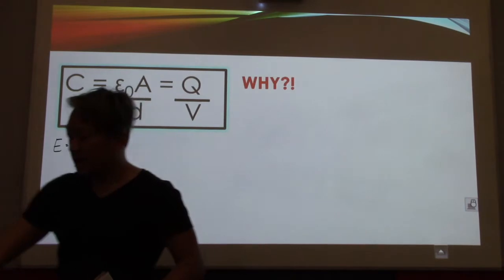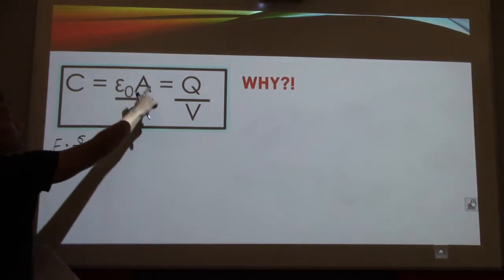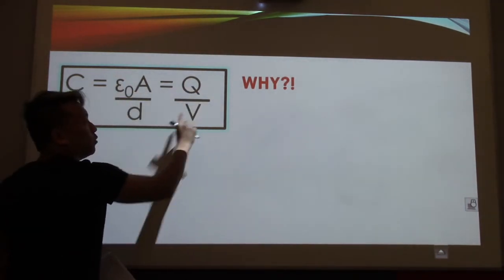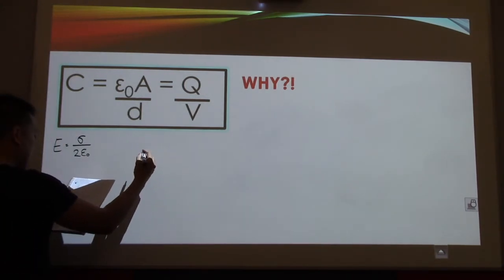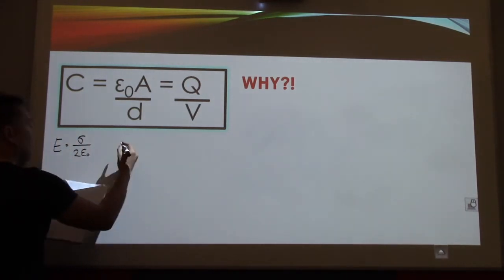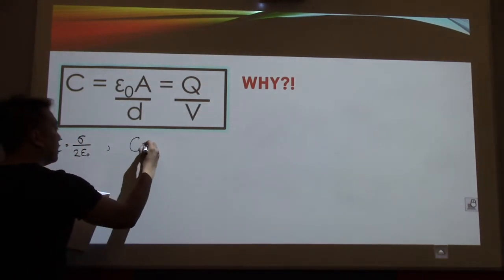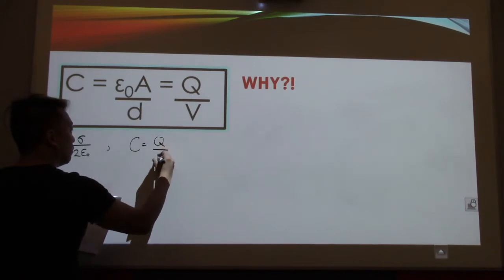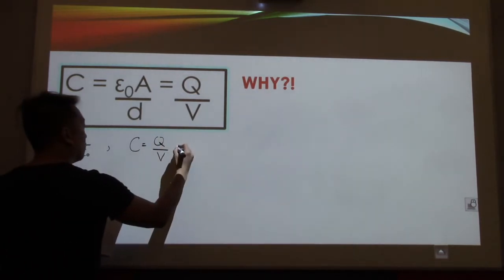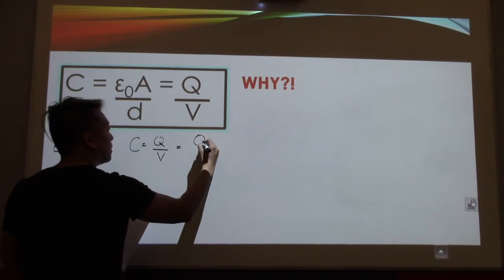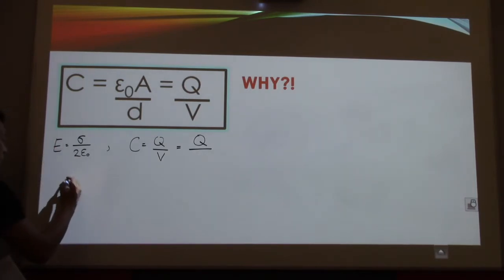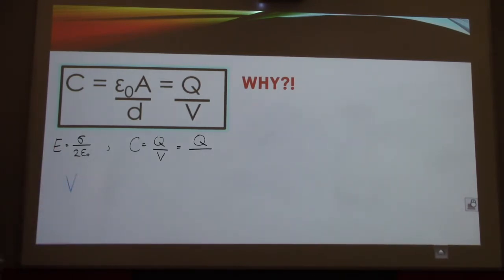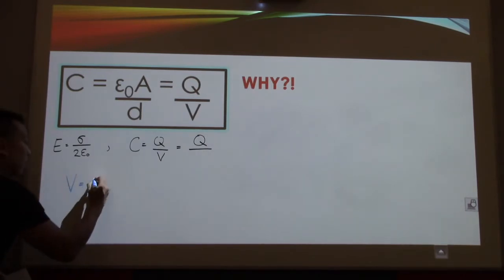Let's go back. We also have that, yes, it's equal to this, but it's also equal to Q over V. So we can say this. I'm going to go straight across. So we have C equals Q over V, which is also equal to Q over, let's remember this, what is V equal to in terms of electric field? Let me just refresh your memories. Voltage. The units are going to be